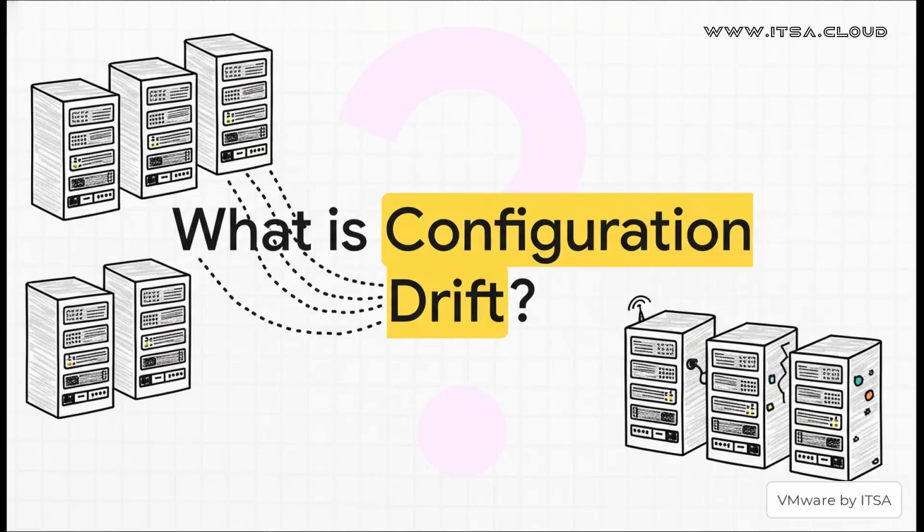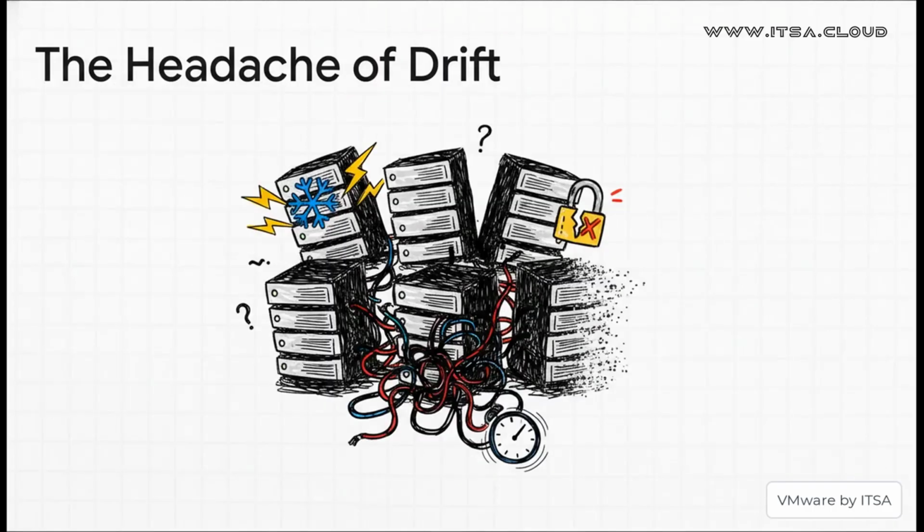It's a complete mess. And this drift, it's not just a minor annoyance, right? It's a ticking time bomb for your operations. Each server turns into its own unique little snowflake, which makes managing them consistently basically impossible. These tiny little differences are what cause those mysterious crashes, those hidden security gaps you don't know about, and those 5-hour troubleshooting calls for what really should have been a 5-minute fix. Sound familiar? Yeah, I thought so.